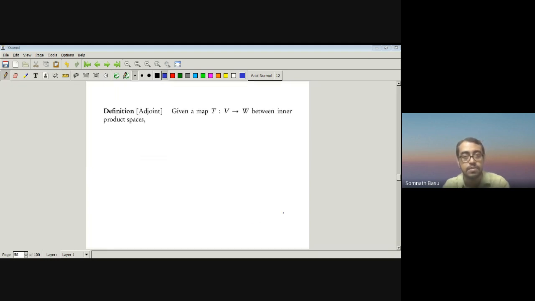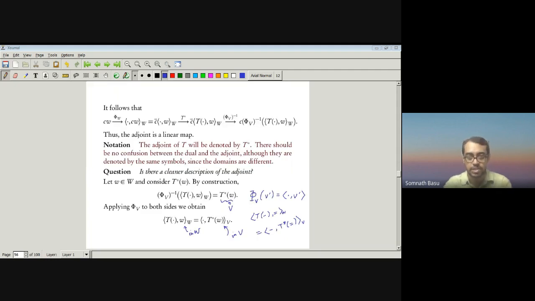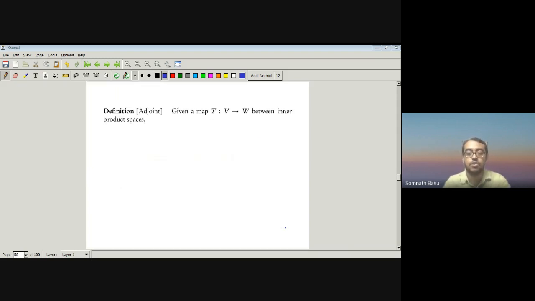So, let me give you a different definition of an adjoint, which is a cleaner one. Motivated by this, because this is saying that we can somehow, using this phi v and phi w, construct this linear map T star, which satisfies this property that the inner product of T(v) with w is the inner product of v with T star(w). So somehow there is such a map. So why don't we use it as a definition and turn it around, because this seems much clearer. Given a linear map T from V to W between inner product spaces, we declare a linear map T star going in the opposite direction from W to V, satisfying this identity,